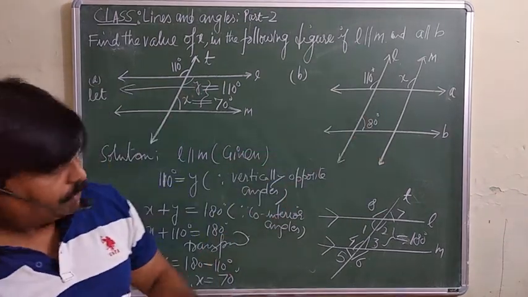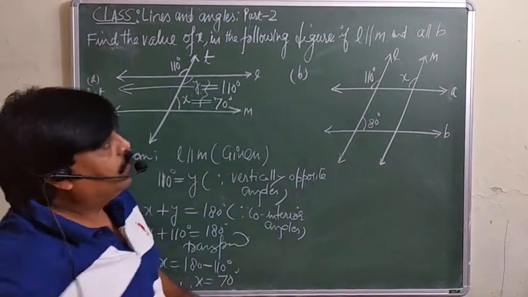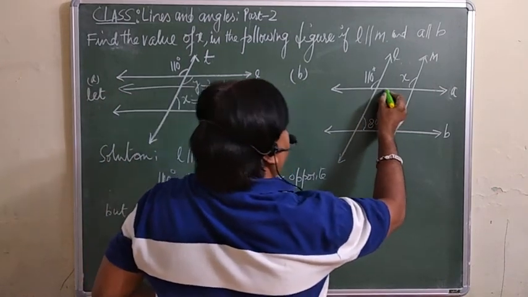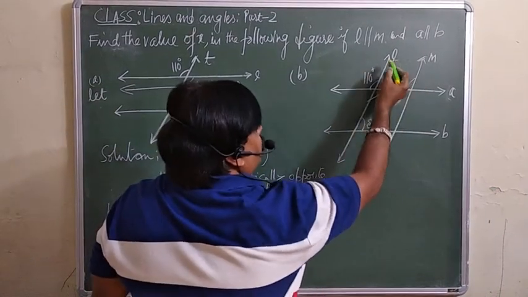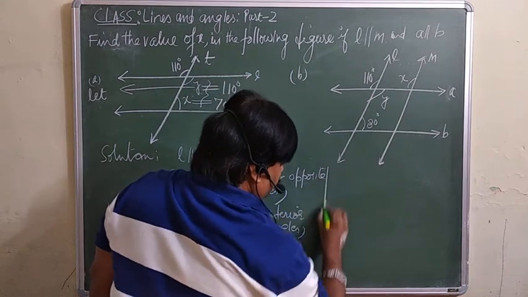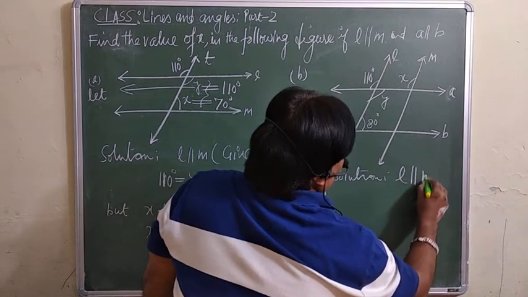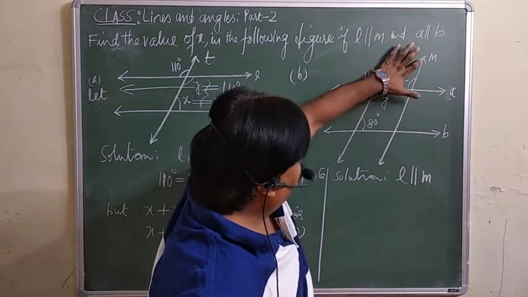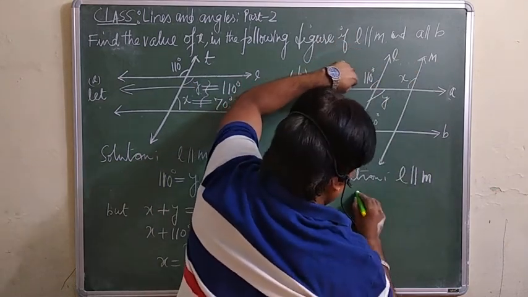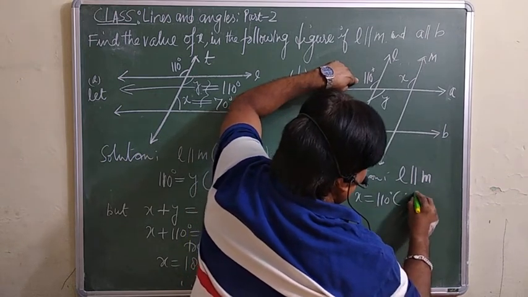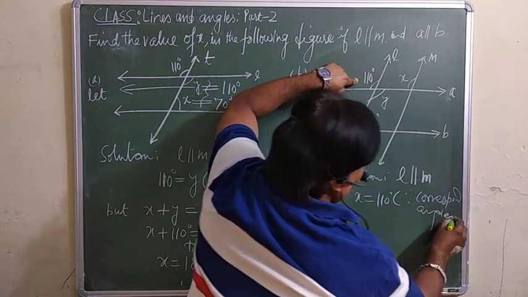Similarly, you can take it in this figure. So look at here. See now. For our own convenience, we can take this one as y. Look at here now. First of all, L is given parallel to M. See the solution. We are given L is parallel to M. This line is parallel to this one, and this is working as a transversal. So this angle will be equal to this one. You can say by corresponding angles. This is already we discussed.